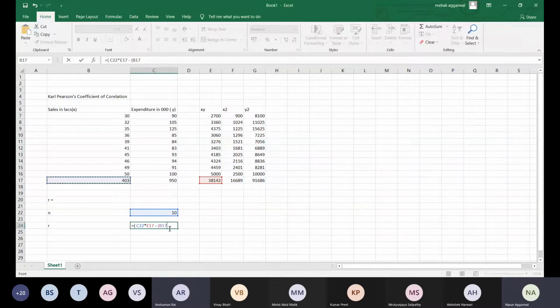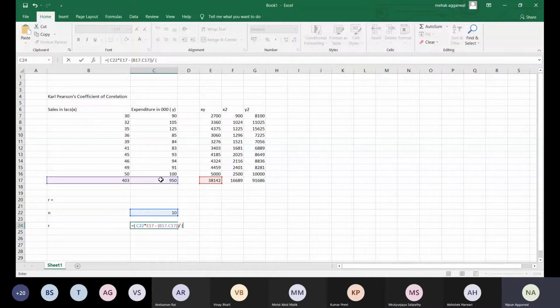So this becomes your summation. N is C22. So n into summation xy minus summation x into summation y. So B17 into summation y is this set. So this becomes your numerator. So this is your numerator, then divided by